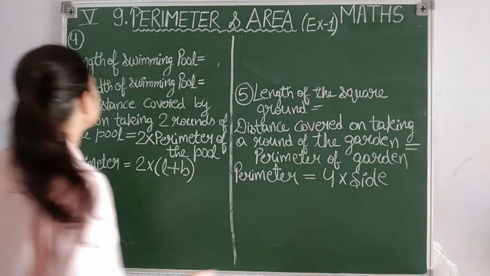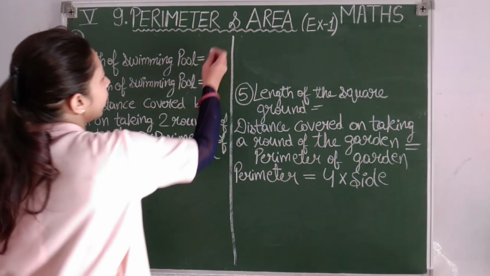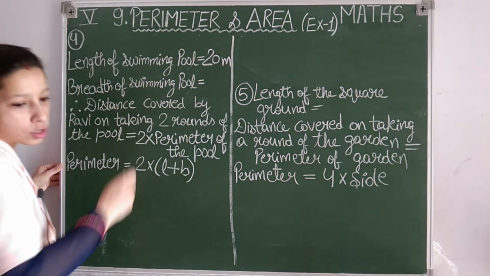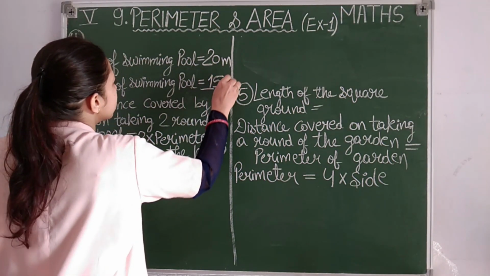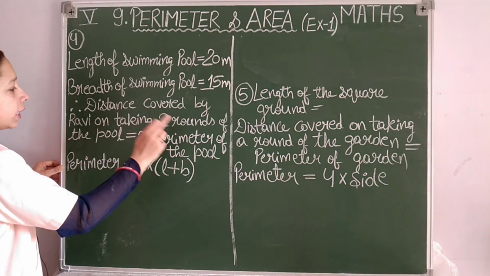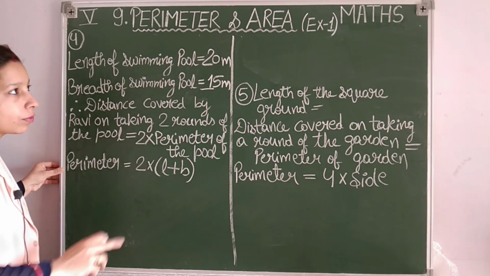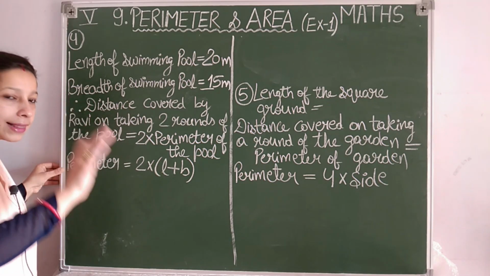Okay, let us see, students. Here I have already written the steps. Length of the swimming pool is given as 20 meters. Then the breadth of the swimming pool is given as 15 meters. Therefore, the distance covered by Ravi on taking 2 rounds of the pool is equal to 2 into the perimeter of the pool. Just now I explained, first we will calculate the perimeter of the pool